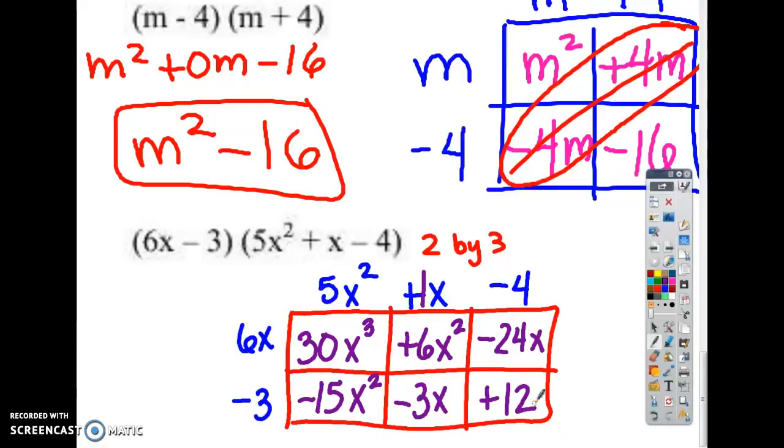Miss Mesa, what did you say about the diagonals? What did I say about the diagonals? They have to be the same. Are these two the same? Yes. You add those two. Are these two the same? Yes. You add those two. If for some reason they're not the same, you did something wrong, so go back and fix it, right? So my answer is going to be